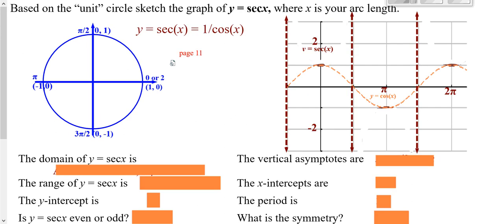Now, your cosine, we're going to do pretty much the same. But remember, sine and cosine were the same graphs, just shifted sideways. So if we graph this,